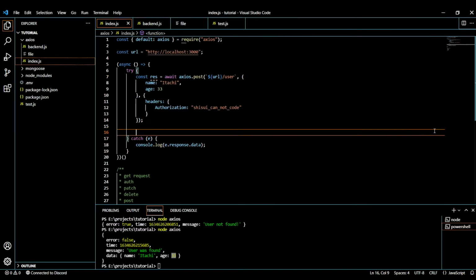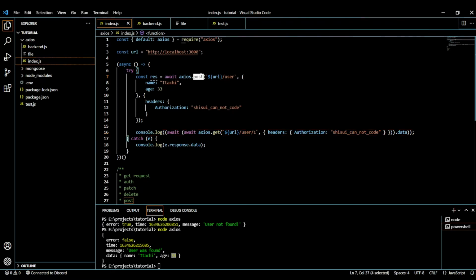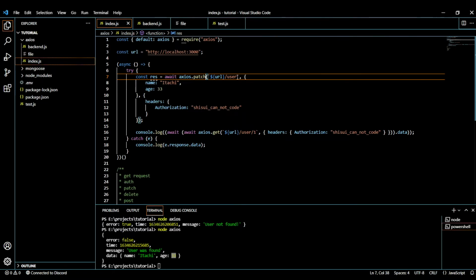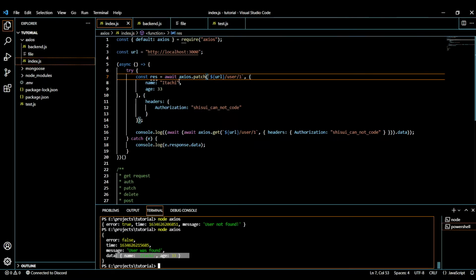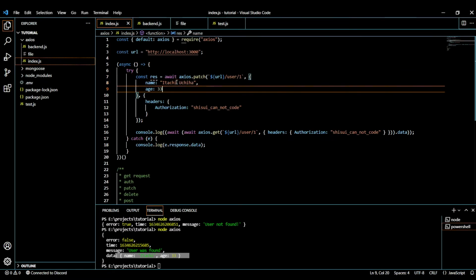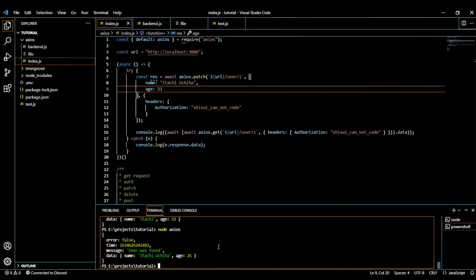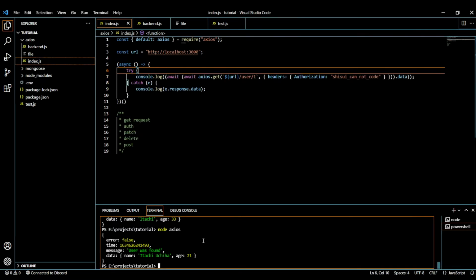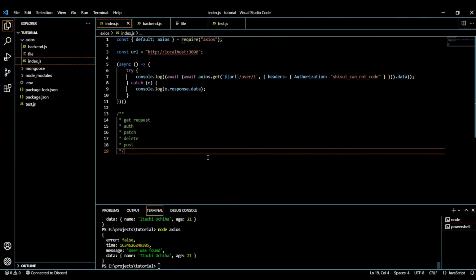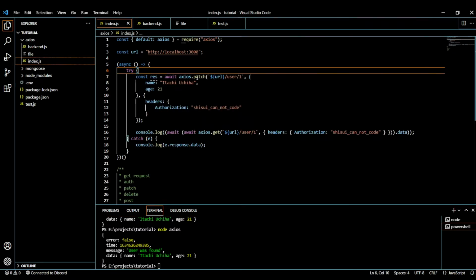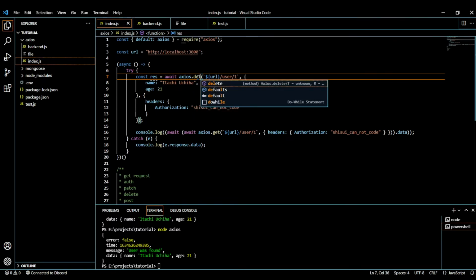Now you can post data, get data, and now comes the question of how to edit data. Probably we can just do patch. We have to make patch requests, and I guess that's what most APIs do. After that we just have to provide new data. I will just do Itachi Uchiha, and age will be 21, and we are going to log that. So you can see the user was found, 21, and you can see that we changed the property of that Itachi guy. Just to make sure, I will log the response we are receiving in this patch request.